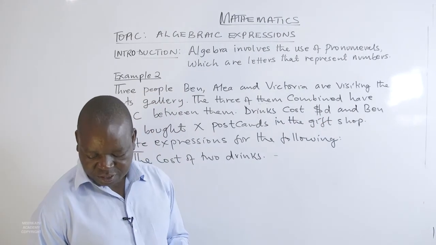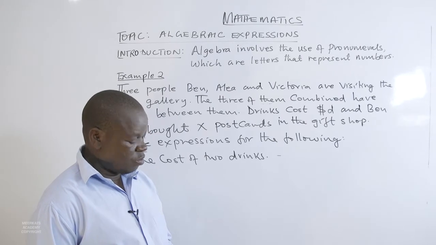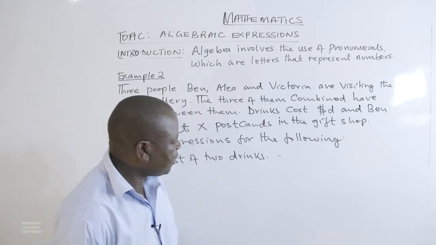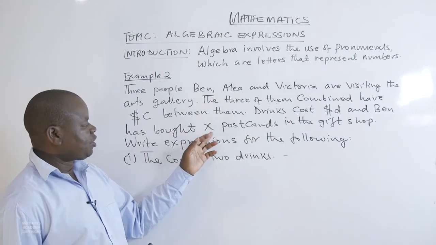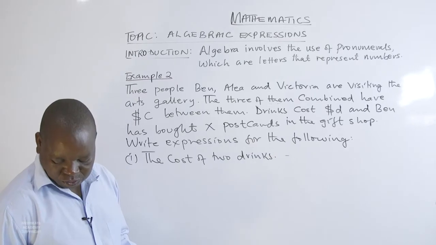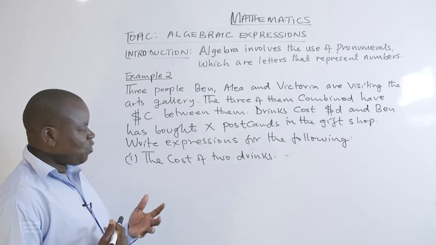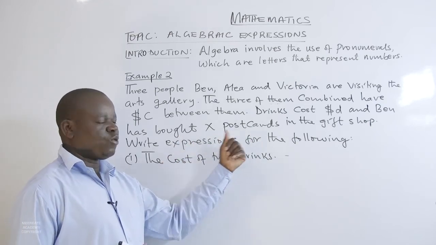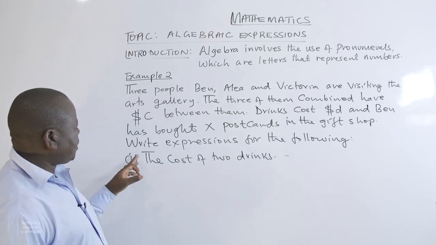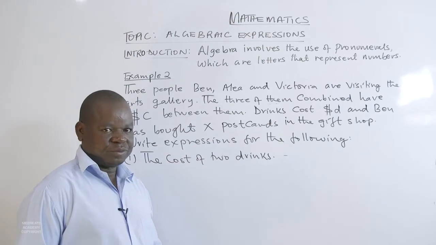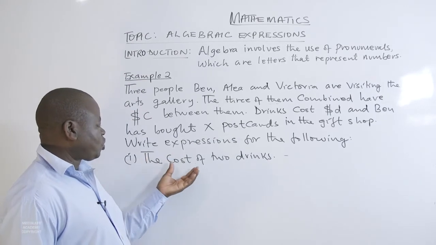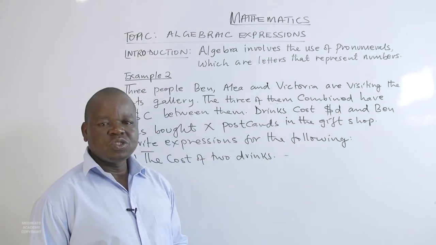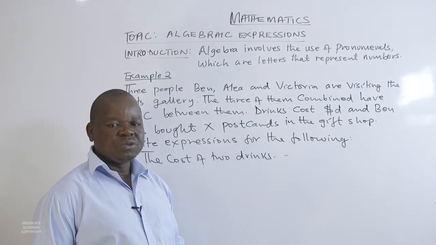When they buy drinks, the total cost of the drinks will be D dollars. And Ben has bought X postcards in the gift shop. So you can see those are now mathematical algebraic statements that we want to derive a mathematical meaning from. So we have been asked, write expressions for the following. The first one is the cost of 2 drinks. A drink costs D dollars. So the cost of 2 drinks will be,